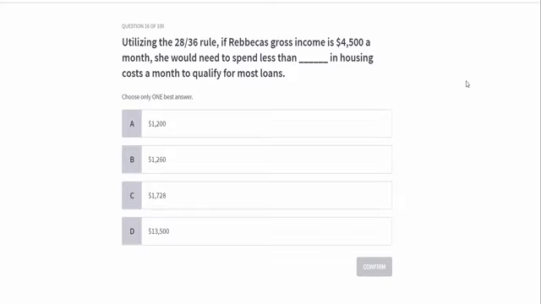Alrighty. Oh, here we go. Here's a little math problem. Uh-oh. All right. So question 16. Utilizing the 28 by 36 rule, if Rebecca's gross income is $4,500 a month, she would need to spend less than blank in housing costs a month to qualify for most loans. Is it A, $1,200? I apologize, I'll read it a little differently. Is it A, $1,200? Is it B, $1,260? Is it C, $1,728? Or is it D,